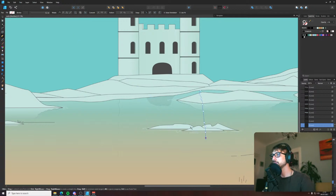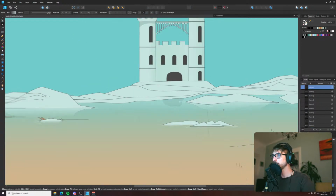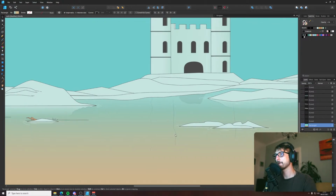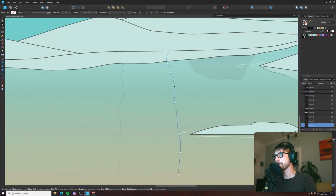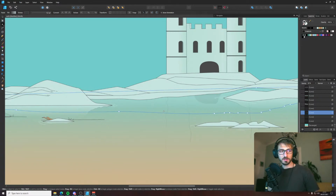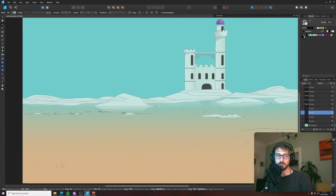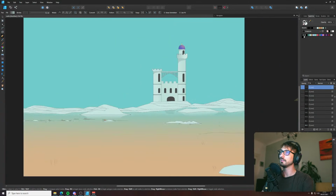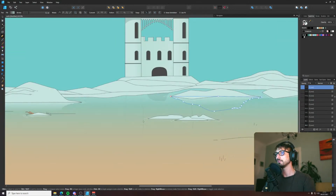I think we made good progress in a relatively short amount of time on this piece, which is cool. I still want to add quite a bit of stuff to it. I want to add some clouds. I'm glad you like him, Mike. They've been hotly contested and fought over, so